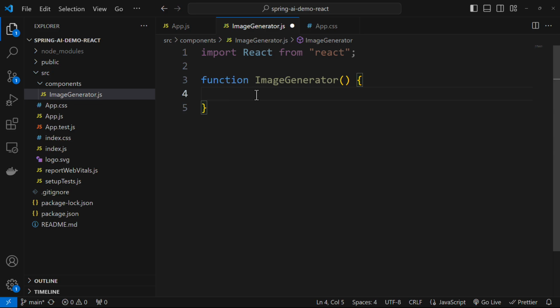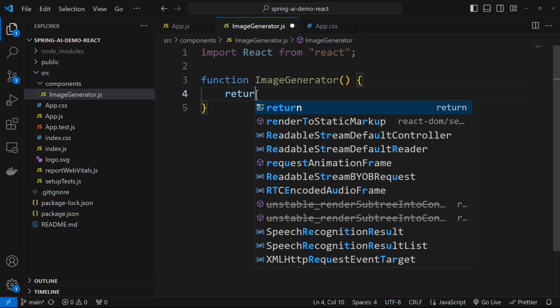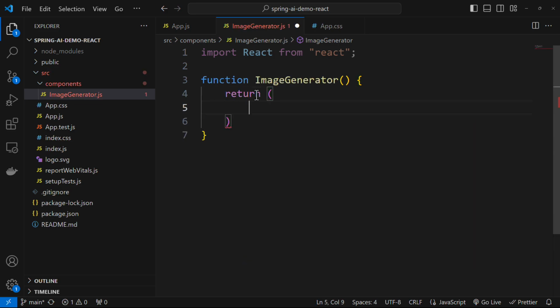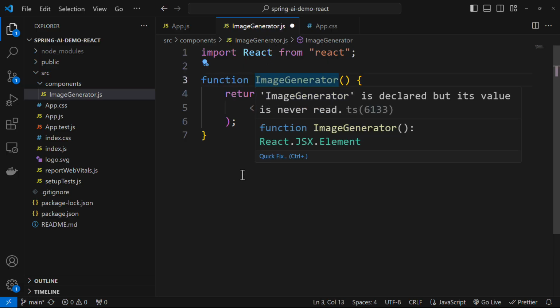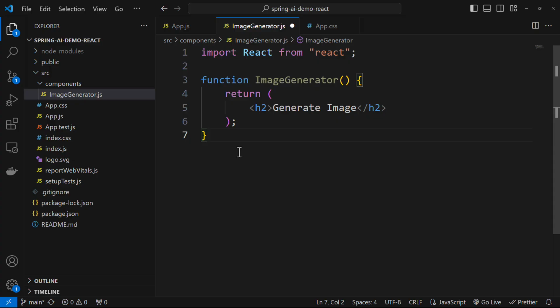From within this function, I'm going to return. I can say return over here, and I'll simply return an h2 tag. I'll say Generate Image over here. Then in the end, I'm going to add an export statement. I'm going to say export default